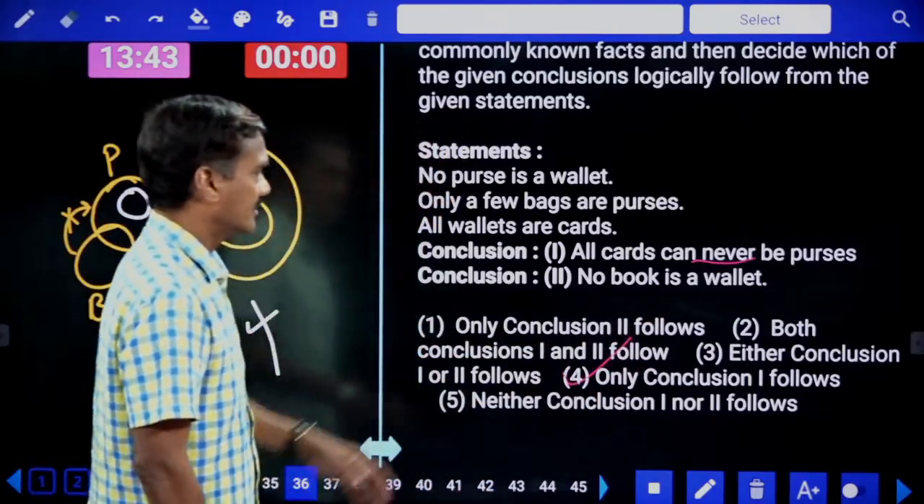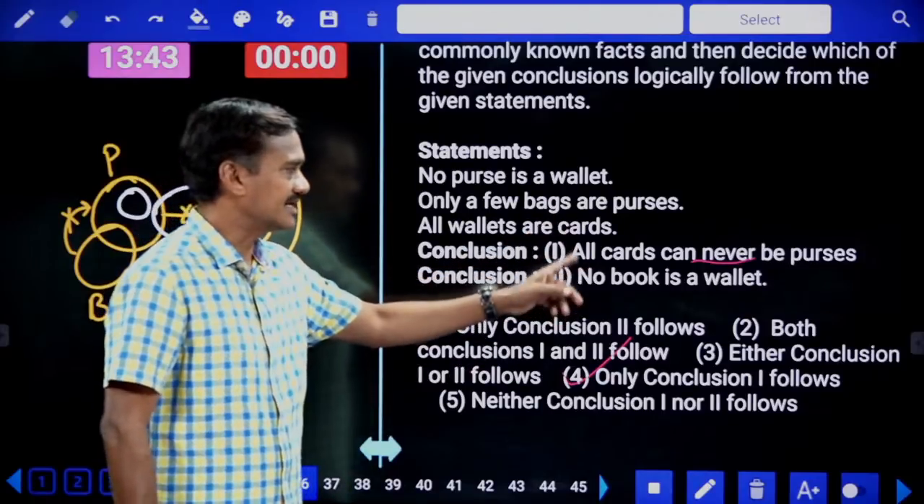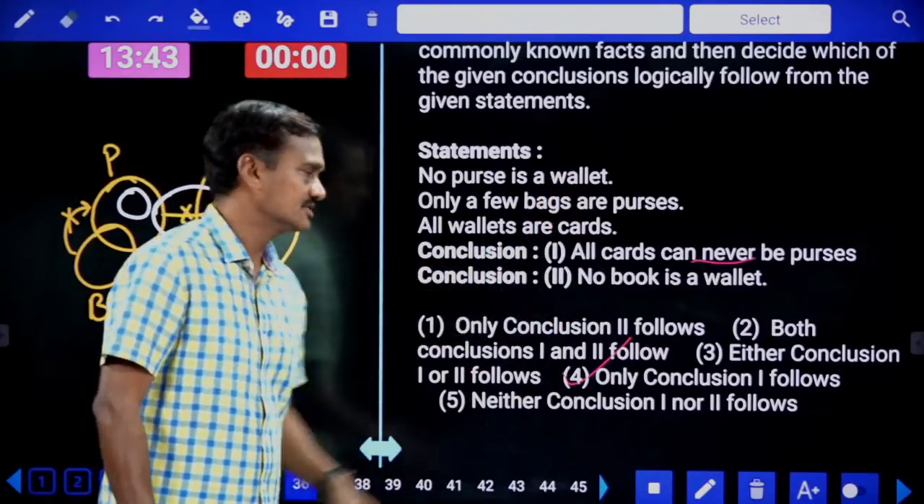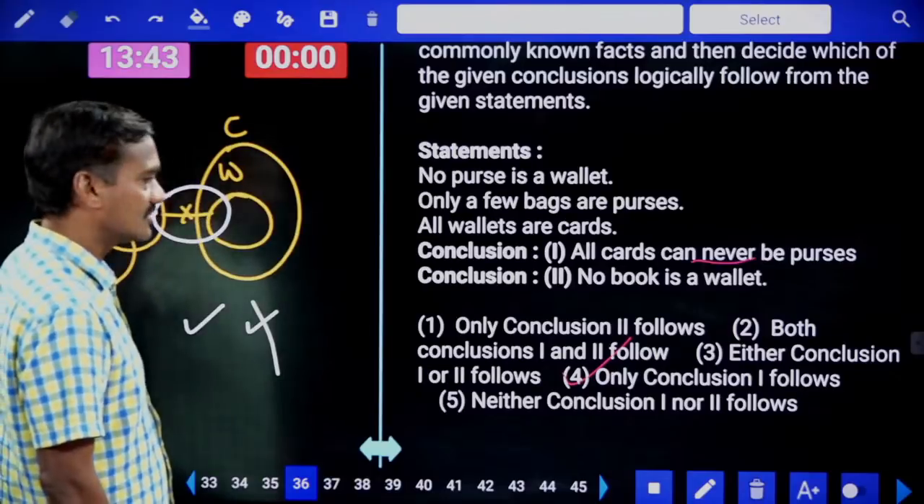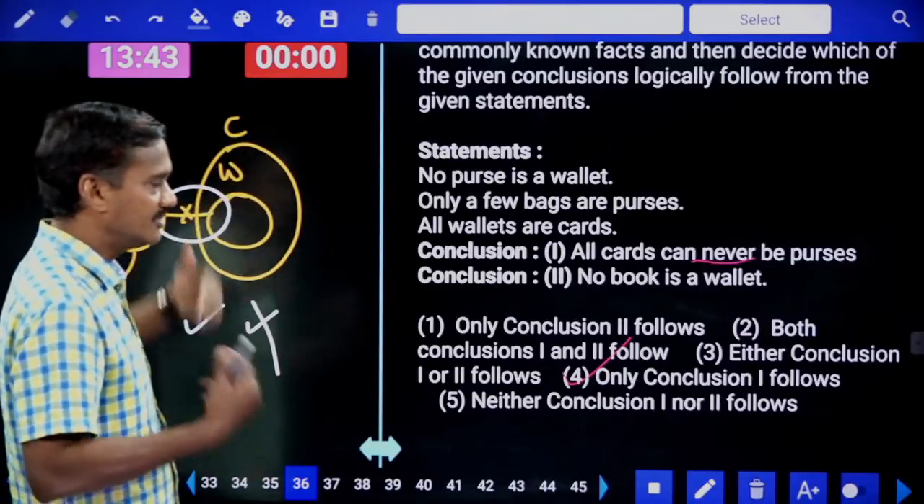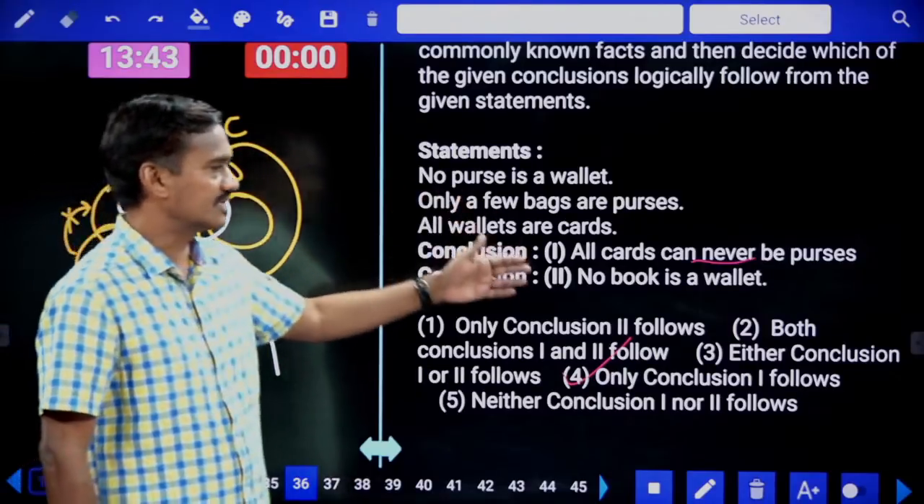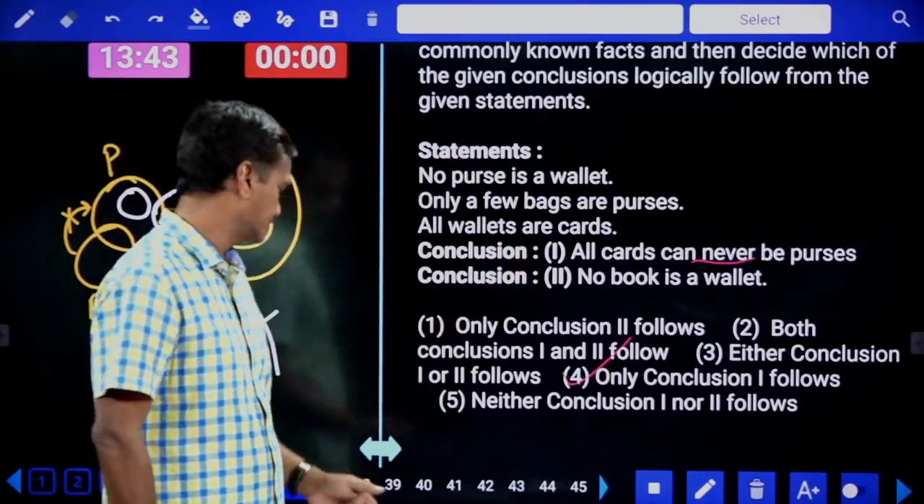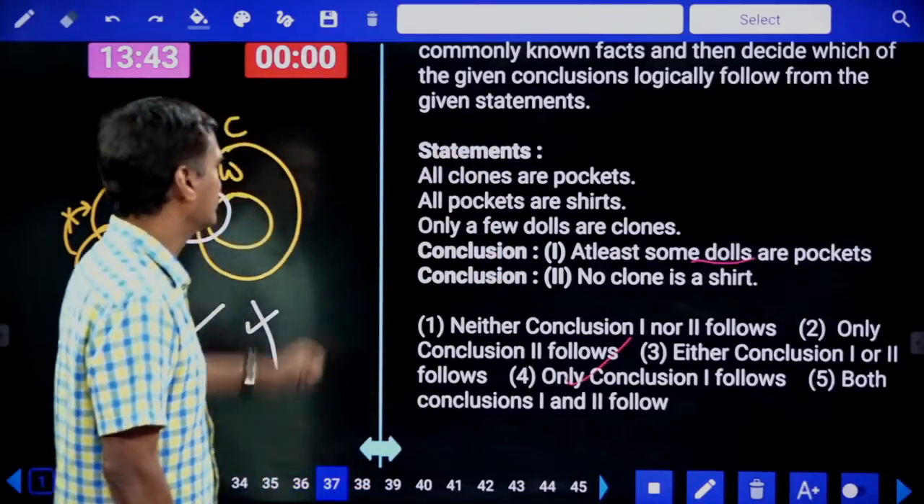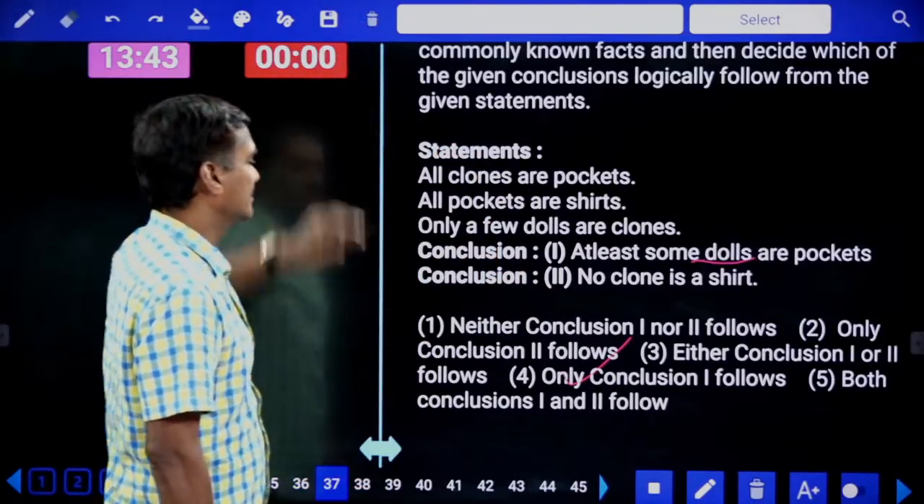Clear now? The first one is claiming that this entire cards cannot be purses. Now I have checked whether these cards can be purses or not. For me also it is not possible. Hence whatever he claimed is definitely true. And coming to question number 37. Now in this 37,